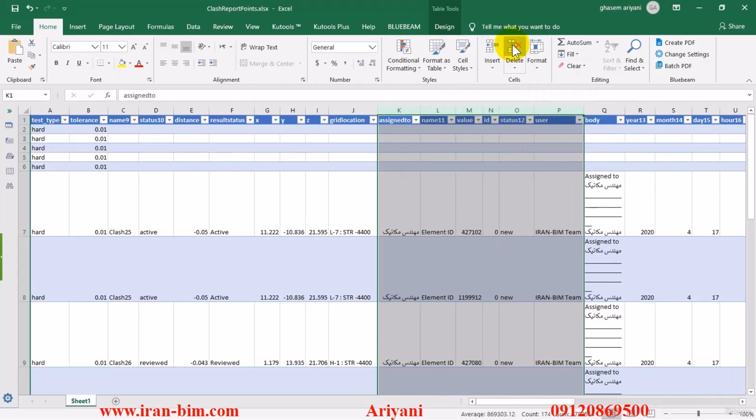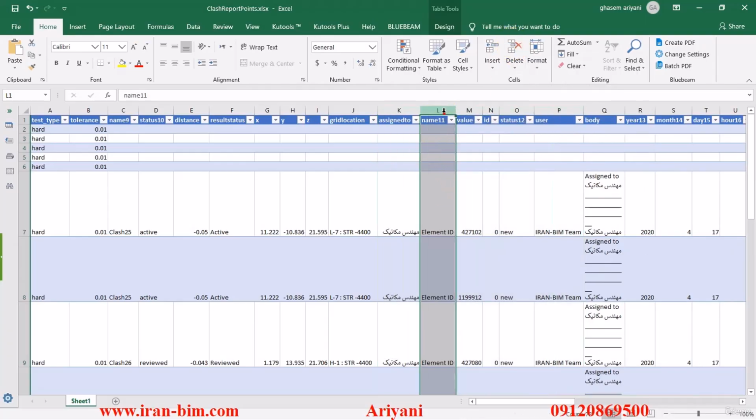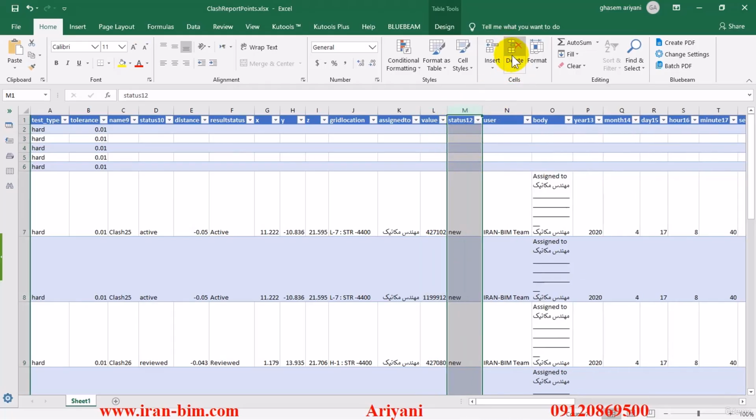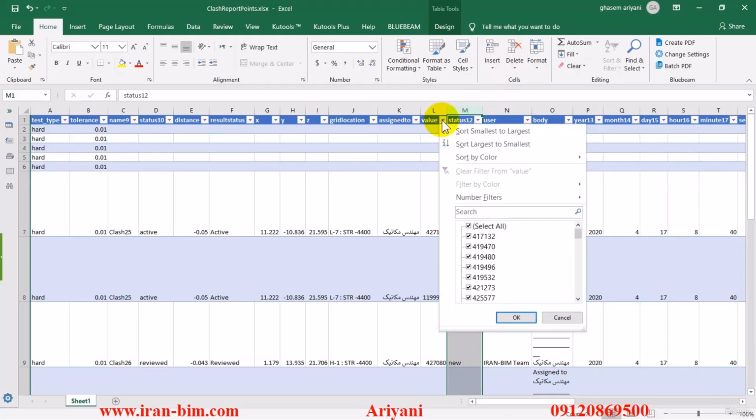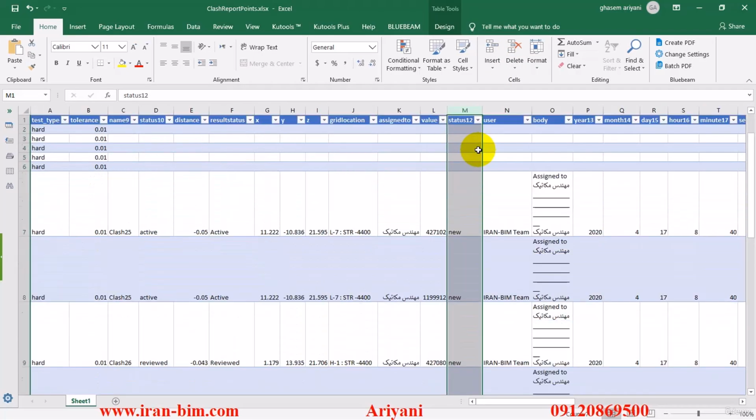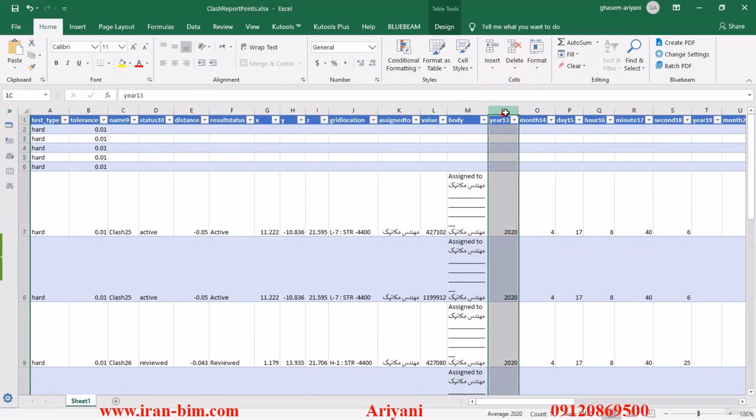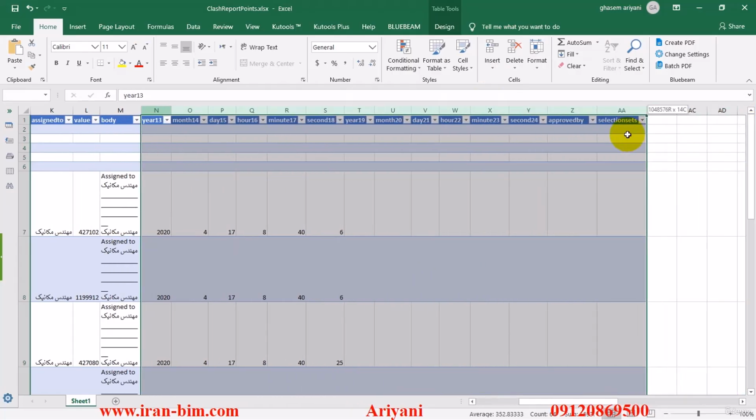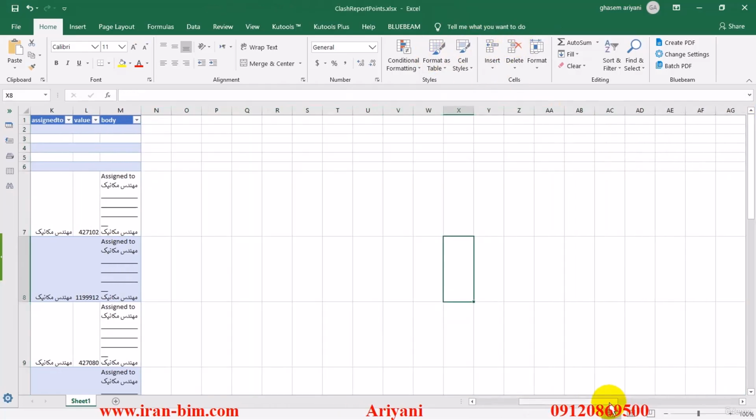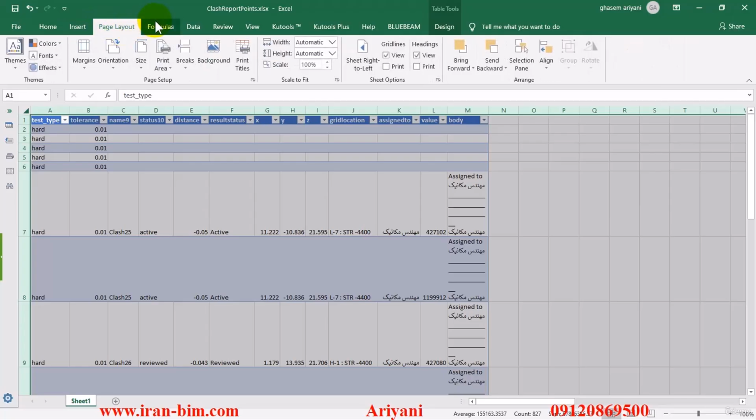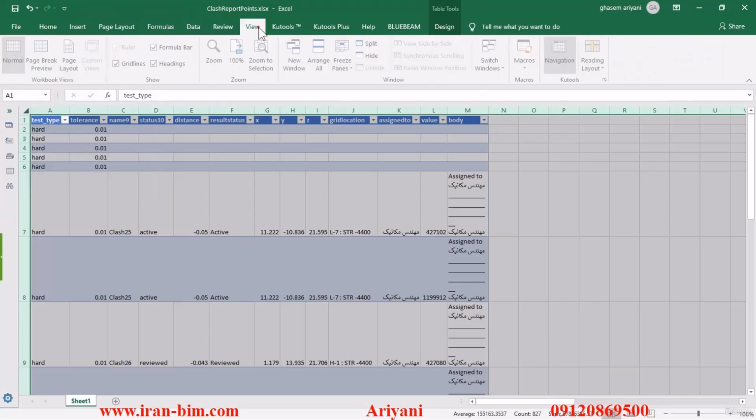Alright, then we have the elements ID that we can also delete because the value that we have here is enough. So then let's see what else we have. Select this one and delete it too. And then this one. Then we have the user, which we won't be needing. Then we have the assigned column, which we'll keep. And then once again, we have timestamps, which we can select and go all the way to the end and delete. And all right,